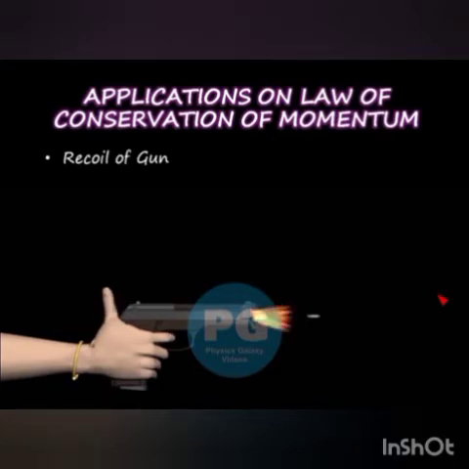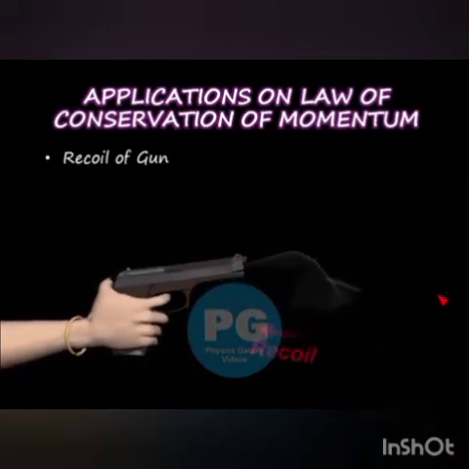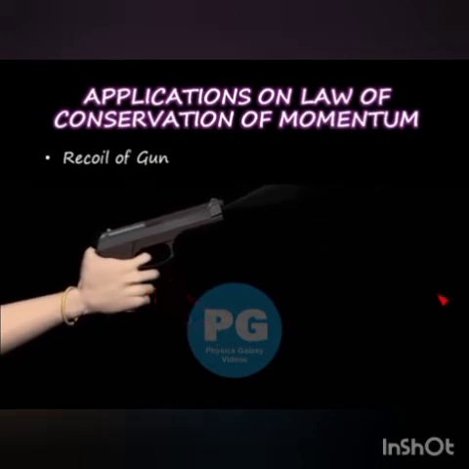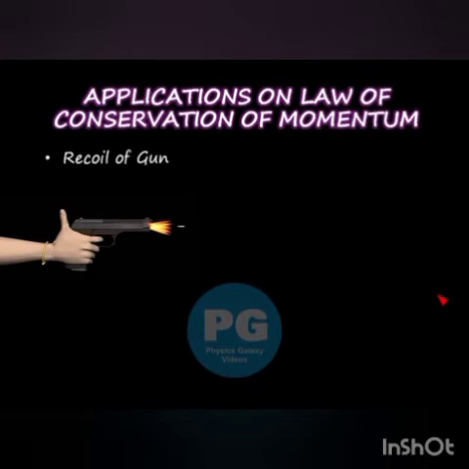After having studied the law of conservation of momentum, let's talk about its applications. When a gun loaded with a bullet is fired, the bullet moves with a very high velocity. By Newton's third law, to every action there is an equal and opposite reaction. Thus, the gun recoils in the opposite direction. Since the gun is much more massive than the bullet, it recoils back with very little velocity.